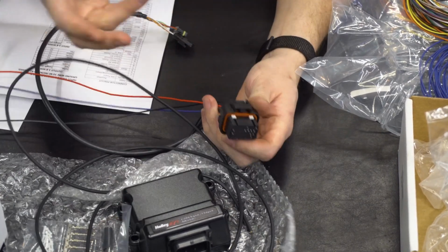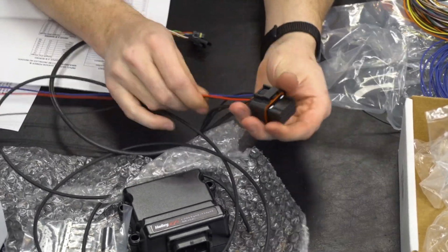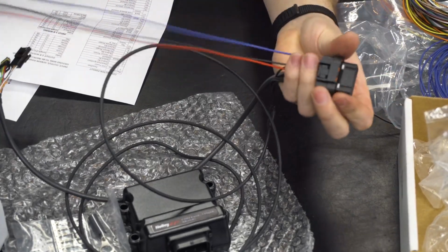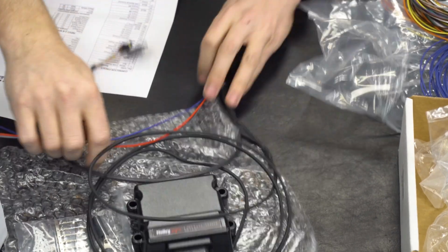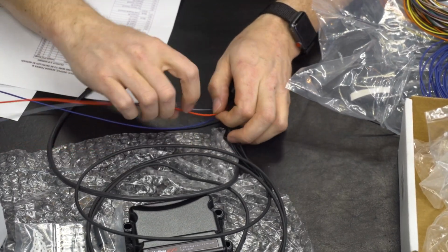Okay, there we go. Now we've got our 3 wires in there. I'm going to lock this back into place, and we're done. Now, this is our I/O for sensor 1. It's ready to go. Keep in mind the fact that there's only 3 sensor power 5 volts and 3 sensor